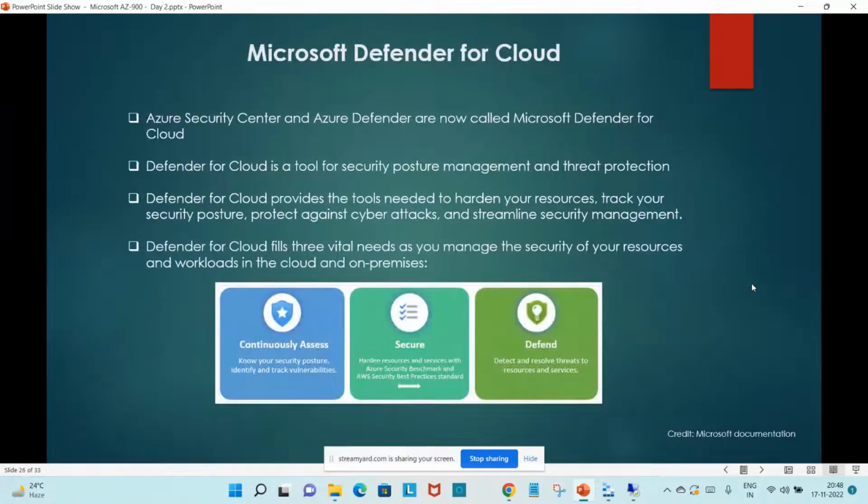So now a few general security features for Azure. Mostly this is Microsoft Defender for Cloud. Azure Security Center and Azure Defender are now called Microsoft Defender for Cloud. Defender for Cloud is a tool for security posture management and threat management. Defender for Cloud provides the tools needed to harden your resources, track your security posture, protect against cyber attacks, and streamline security management, and it fills three vital needs as you manage the security of your resources and workloads in cloud